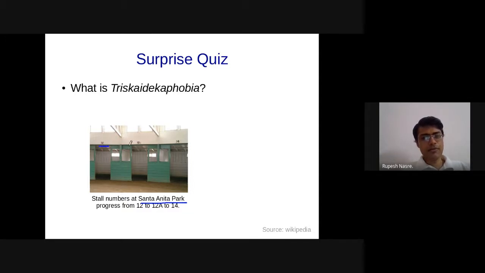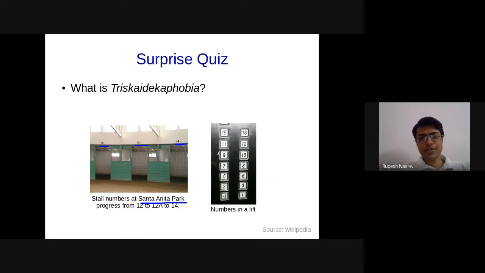So there is 12, there is 14, and in between is called 12A rather than 13, right? These are the numbers inside the lift, where the floors are numbered like this, and as you can see, 13 is missing, 14 is also missing, 4 is also missing, by the way, because some people probably feel that it's a bad omen or something like that, right? So even today, people don't prefer.